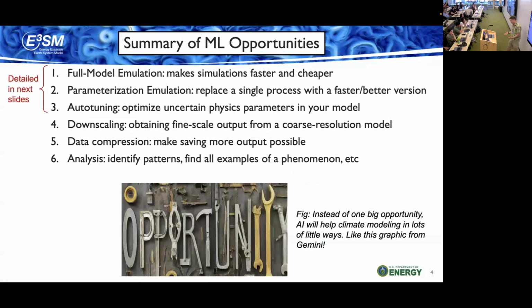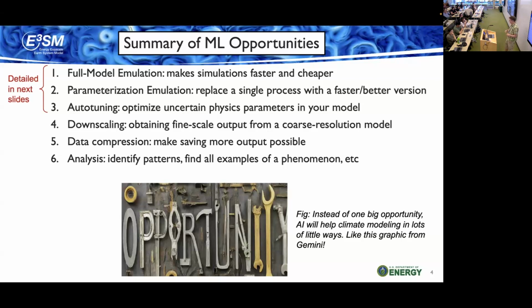There are actually, in my opinion, a lot of really good uses for machine learning in climate modeling. I actually think it's going to be essential for us to take the next step and provide better predictions in the future. And so the ideas that I came up with, I'm sure that there's more, are, one, full model emulation. I said before that the AI weather forecasting models that we have do something intrinsically different. We shouldn't be using them for extrapolation, which I think is true when we're training them on observational data, right?